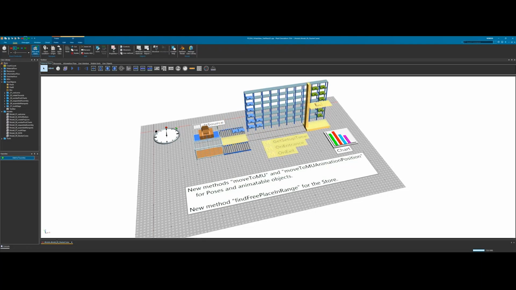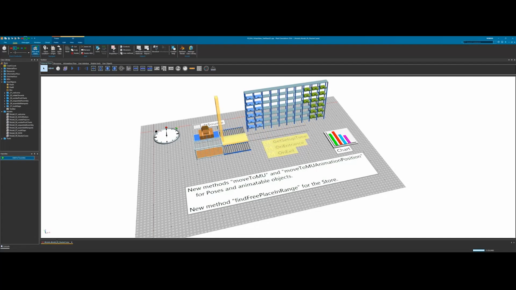Since your question specifically mentioned exchanging a 3D graphic group, so one of possibly multiple groups of the MU graphics, I'm pretty sure the answer is no, but you can exchange the MU graphics as a whole, and you can set individual graphics groups visible or not visible by using SimTalk. And that's typically what I would use here. So the MU would consist of several graphic groups for the different assembly steps, and then I would hide and show graphic groups based on the assembly progress.